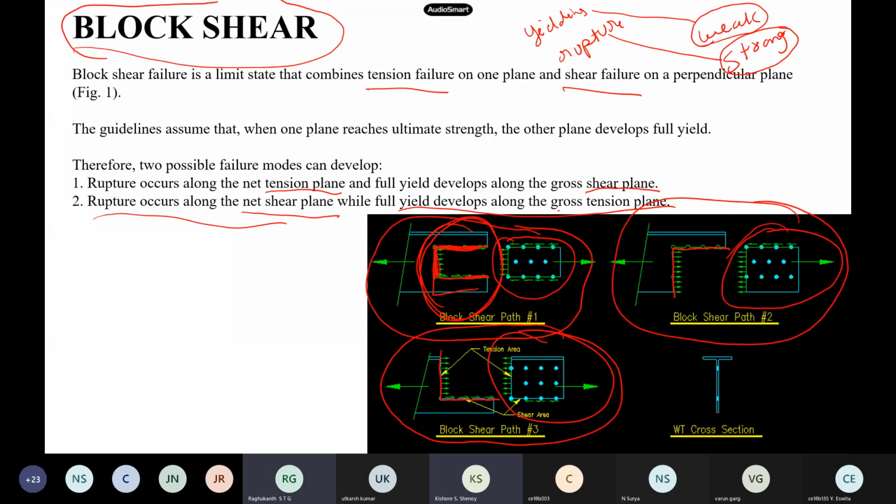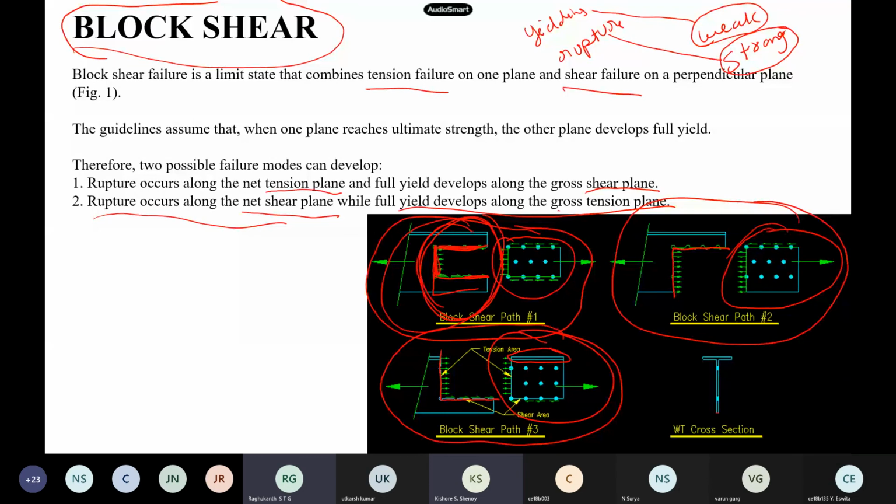Yes, sir. So there will be tension in the plane part of the section, in the plane leg also, right? Which one is the connection? You can see, right? In the ruptured plane, there will be one more tension plane on the other leg. This leg you are mentioning? Yes, sir. If it is not connected, then...